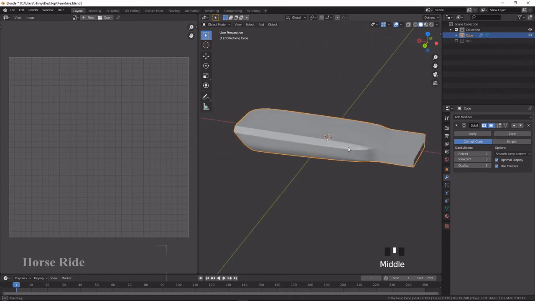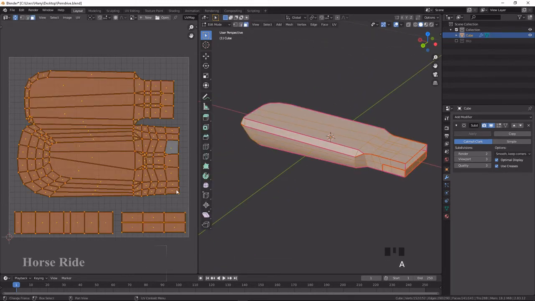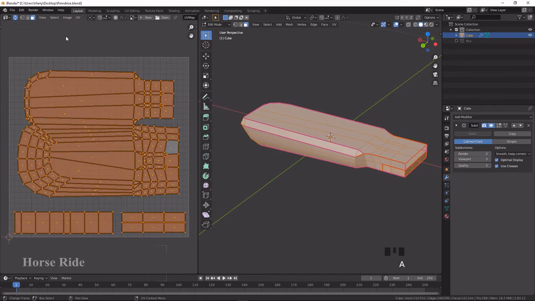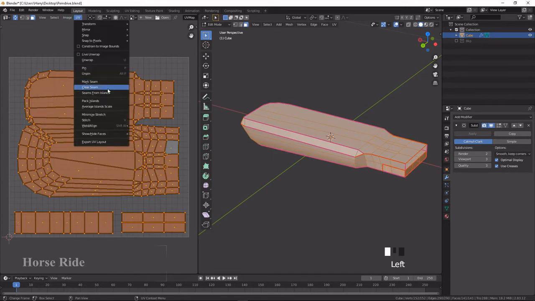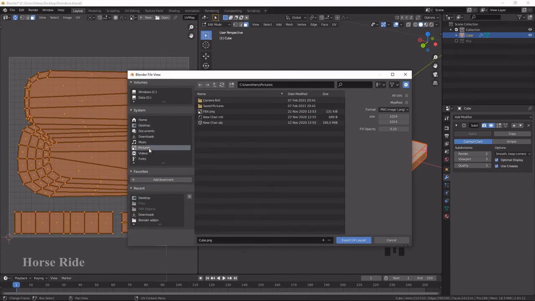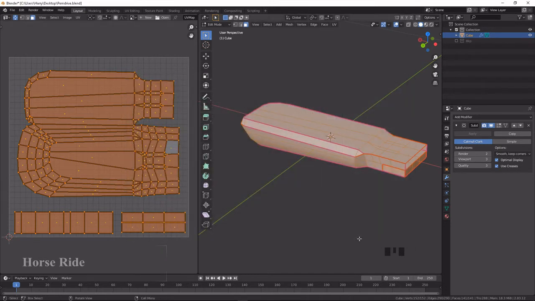Okay, in this collection, now go to edit mode with Tab and select everything. So we are going to save this UV layout and do the texturing for the same. Select everything, press A on the keyboard and go to UV, export UV layout. I'm going to save it in pictures and name it pen drive UV layout, press L for UV layout, and I'm going to export it as the layout.